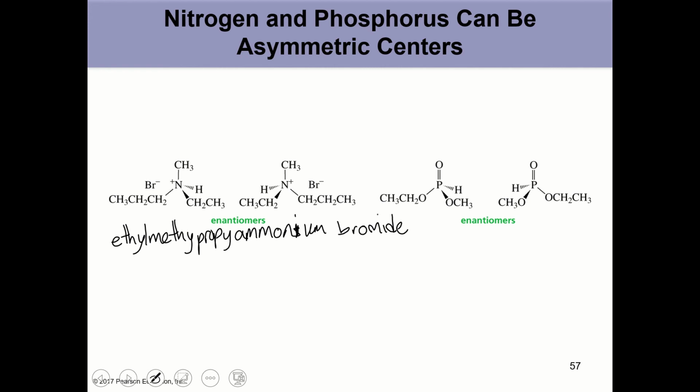Okay, so priority of groups. 3 carbons is better than 2 carbons, is better than methyl, which is better than hydrogen, number 4. As we go from 1 to 2 and 2 to 3, that is counterclockwise. So the nitrogen on the left molecule is S,